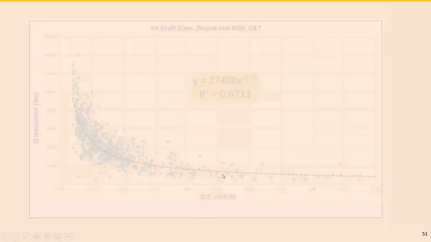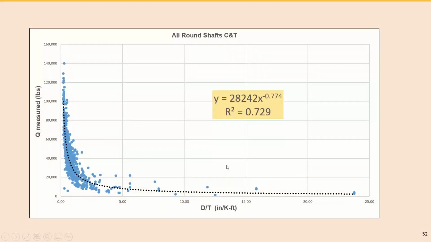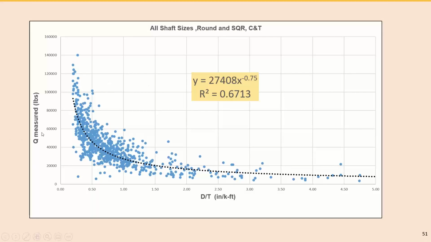So what I did, I went ahead and plotted the measured capacity, that ultimate pile capacity, versus D over T. Now, please do not ask me why I put D over T there. That's because I tried so many other variables such as section modulus and polar moment of inertia of the shaft, and nothing. The data was scattered all over the place. So finally, I came up with this effective diameter divided by the final installation torque, and I found out that